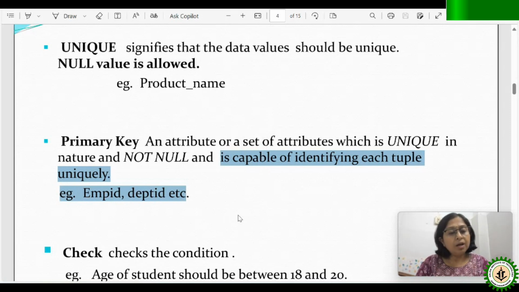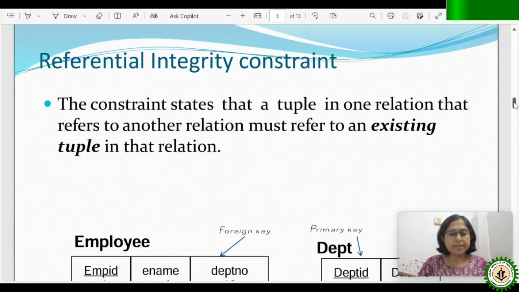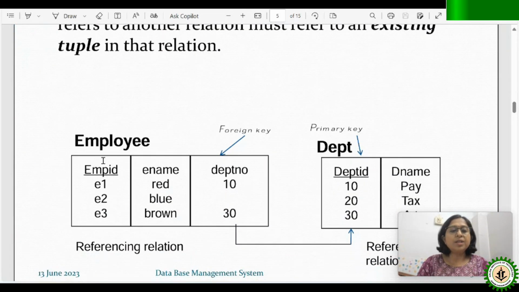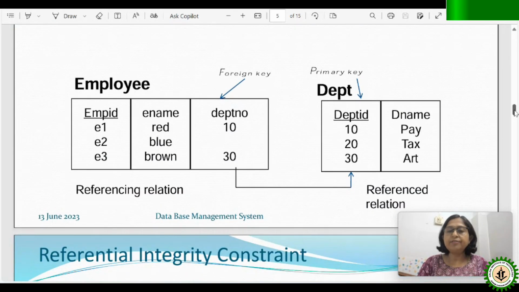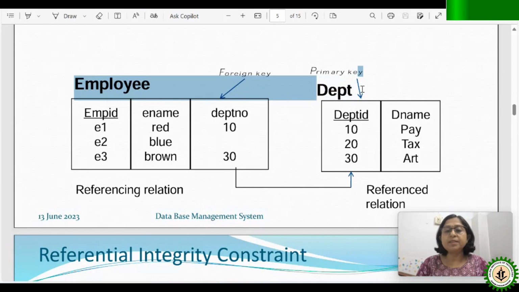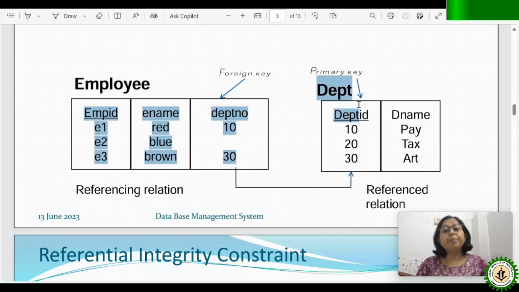So we have checked. Let me show you this table. Wait a second. This table, right? So here you can see employee table and department table. Students, can you say which table we should create first? Yes, we should create the department table first. Why? Because if you think very logically, first the department will come into existence, then only an employee can join there. So department table is the first table, so we call it the parent table, right?